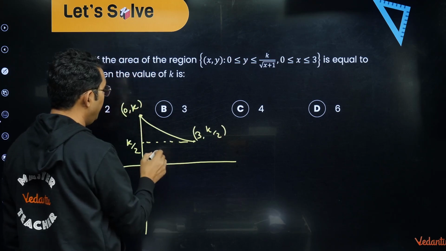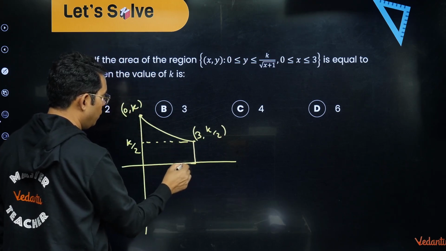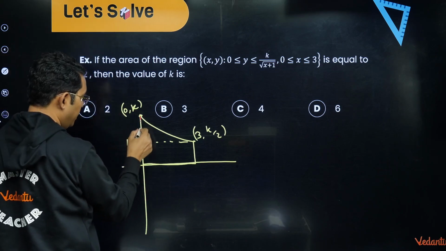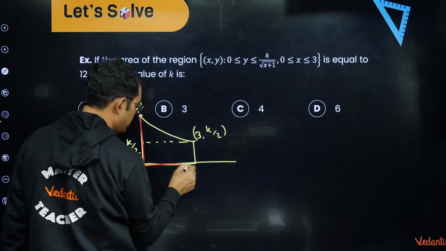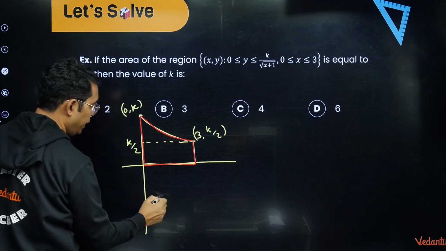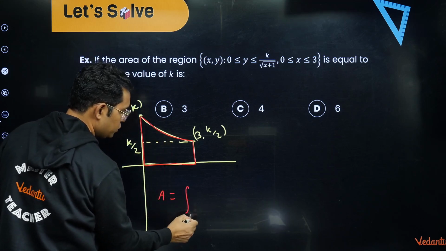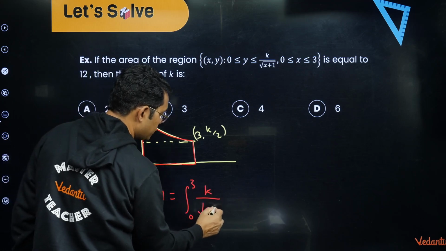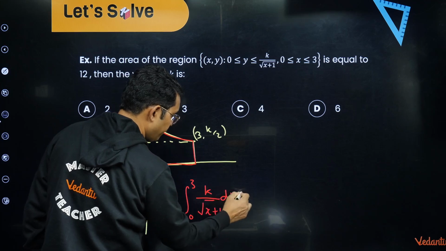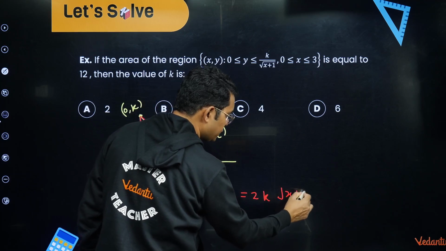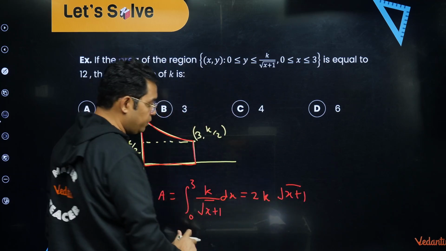Now they are asking the area between y being 0 to this thing. So the required area is actually having these boundaries, this to this, this and this. This area will be from 0 to 3, k upon under root of x square plus 1 dx. So this becomes 2k under root of x square plus 1, the integration of 1 upon root x square plus 1,